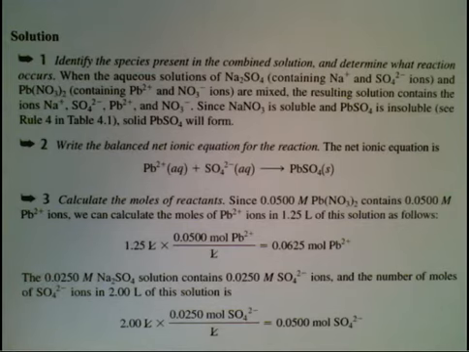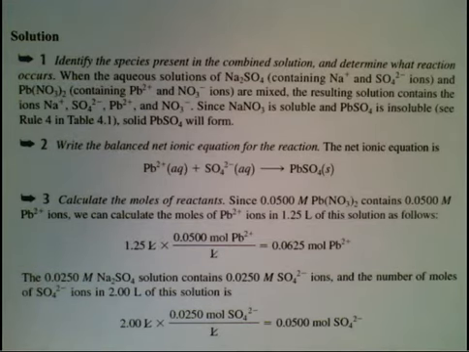Step 2. Write the balanced net ionic equation for the reaction. The net ionic equation is Pb plus 2 in the aqueous form reacts with sulfate minus 2 in the aqueous form to yield lead sulfate in the solid phase. Step 3. Calculate the moles of reactants. Since 0.0500 molar lead nitrate contains 0.0500 molar lead plus 2 ions, we can calculate the moles of lead plus 2 ions in 1.25 liters of